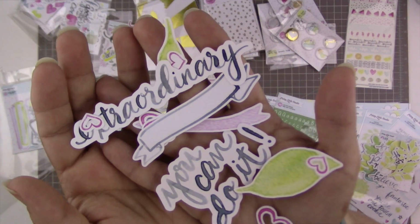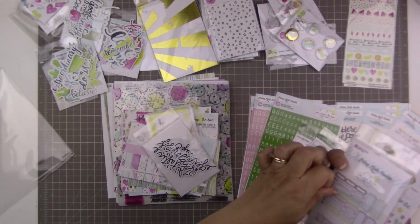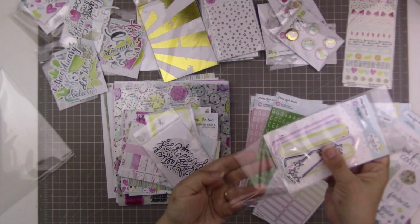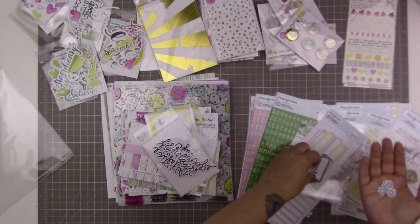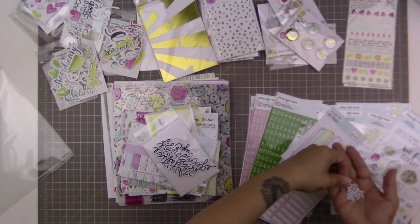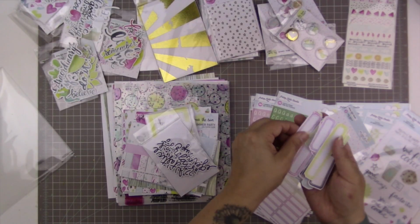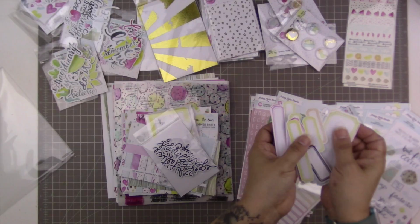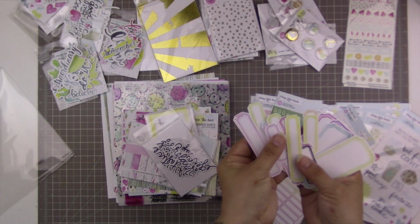More banners, more phrases, more leaves, and more little tiny hearts. Then we have the label medley. And these include a whole bunch of tiny little stars and a whole bunch of labels that I don't have to show quite as closely because you guys know what